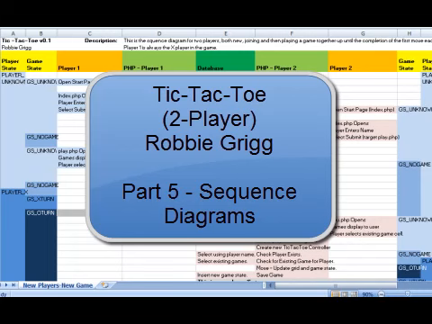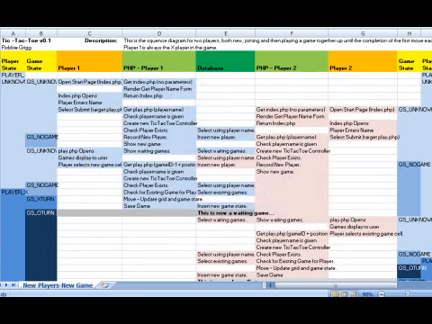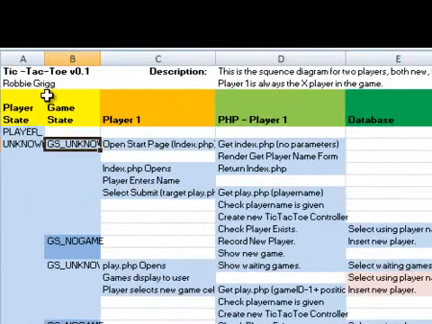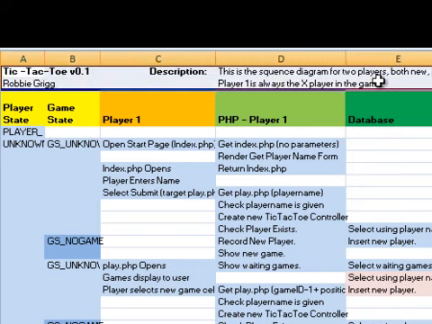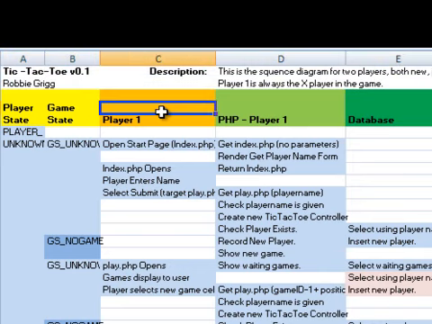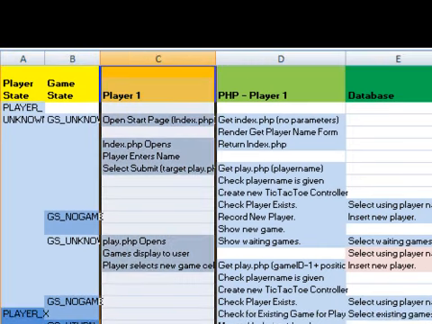Welcome back. We are now going to look at creating a sequence diagram. For this, I'll just give you more of a walkthrough of the diagram I've created, just using Excel to keep it simple. Here you see I've just got general introduction comments, and on this I've got the columns for the player,